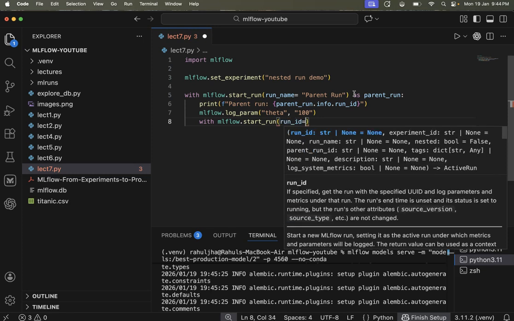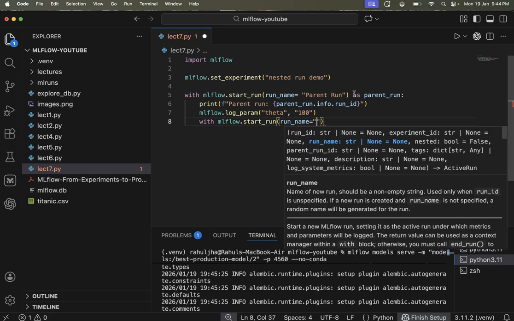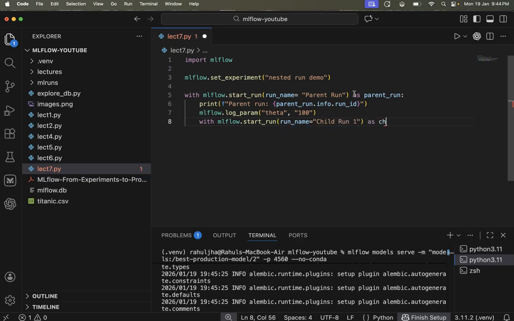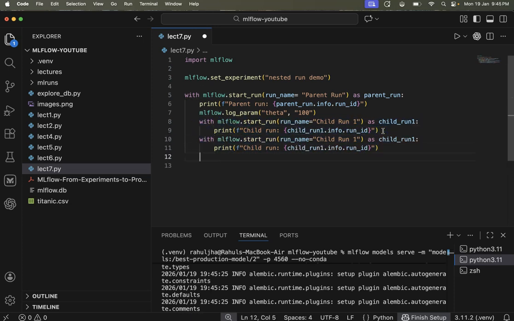Let's create a child run within this. I can specify the run name as child run 1, as child_run_1, and here I can print its properties. Inside here I can specify child, and I can copy paste it multiple times to create multiple child runs.